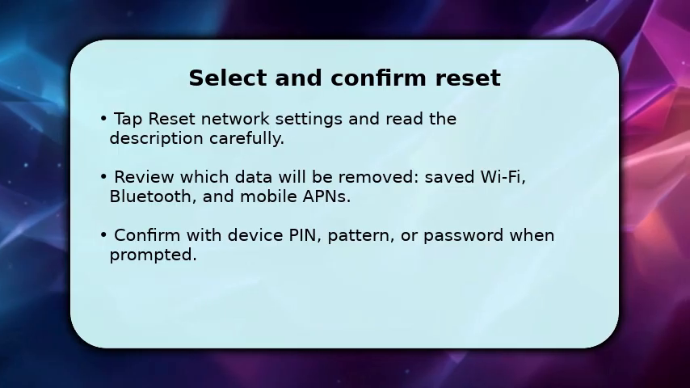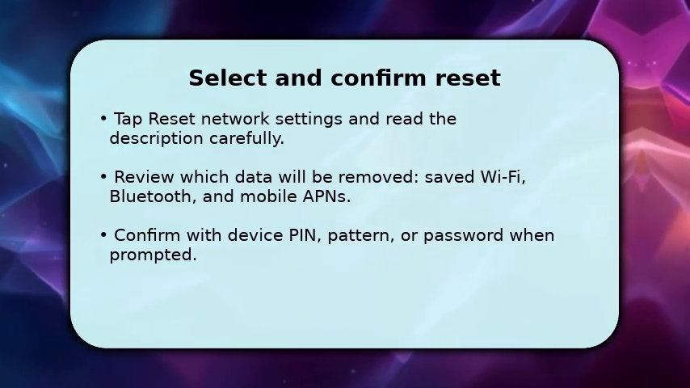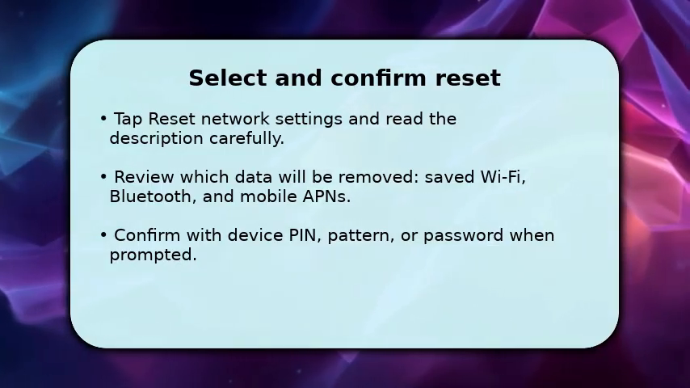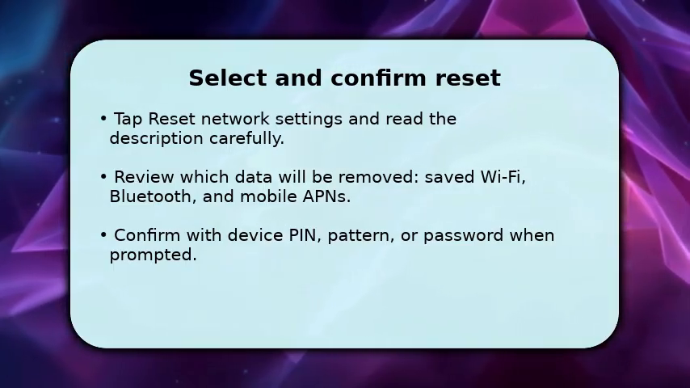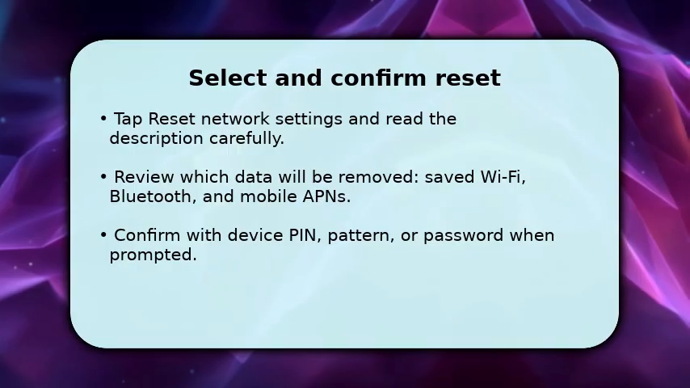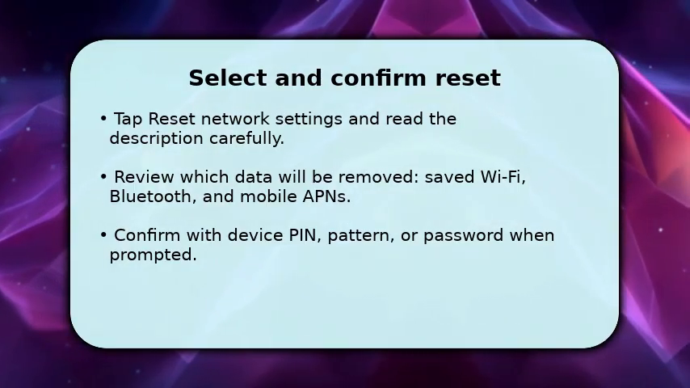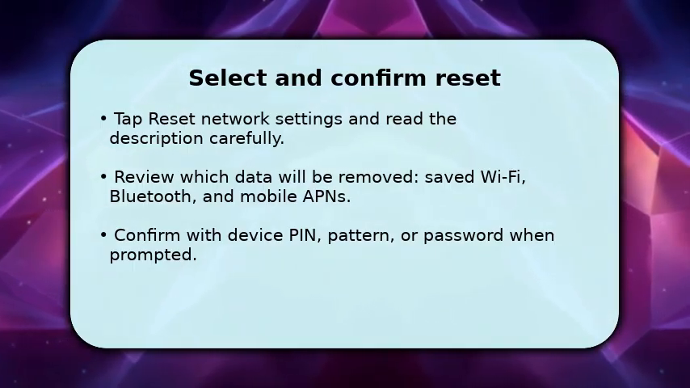This explains which connections will be cleared and why it helps resolve IP, DNS, and connectivity conflicts. Make sure you understand that saved Wi-Fi networks, paired Bluetooth devices, and custom APNs will be removed. When you choose Reset, the phone will ask for your PIN or unlock pattern. This prevents accidental changes. After you confirm, the phone performs the reset and briefly restarts network subsystems to apply clean